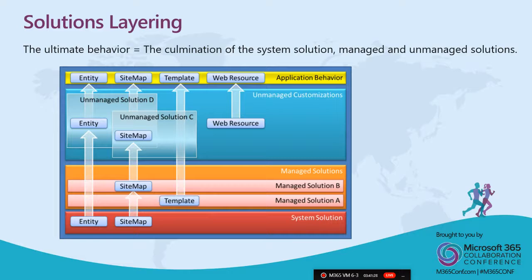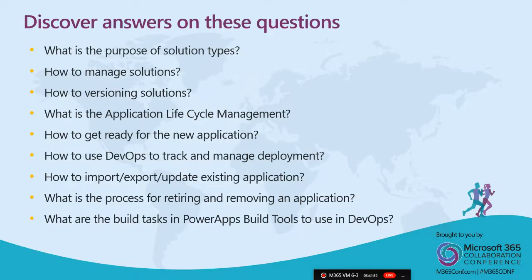So this is also the main difference between how the application behaves in terms of managed solutions and unmanaged solutions. There are a few further questions that you should consider while discovering the ALM process. What is the purpose of the solution type? How to manage solutions? How to version the solutions? What is application lifecycle management, right? So application lifecycle management is